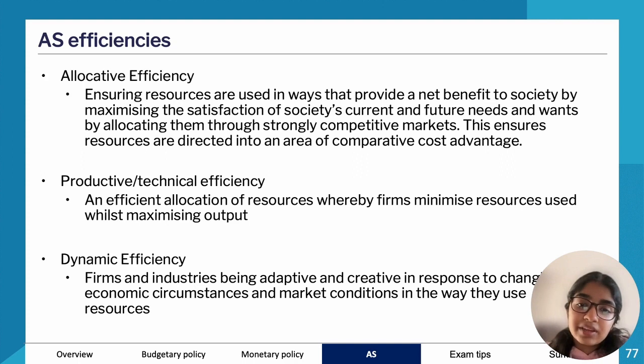Another way of being dynamically efficient is when consumers start to become a little bit more sustainable, so climate conscious, environmentally conscious. So producers try to make goods and services from stuff that is environmentally friendly. They're like, oh, this tray is made entirely from bamboo, not plastic, and so on. So you are being dynamically efficient, changing your resources, changing what you produce and how you produce it, to make sure that consumers' tastes, their needs and wants are met. So that maximizes satisfaction.